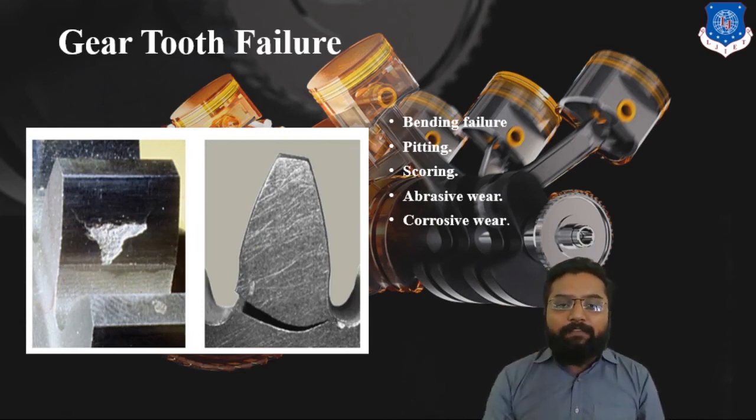And here you can see different types of stress. The first one is pitting, and another is failure due to bending. I hope you have understood the different types of stresses and loads acting on your gear. In the next video, we are going to develop an algorithm to design this gear. I hope you understand each and every step.